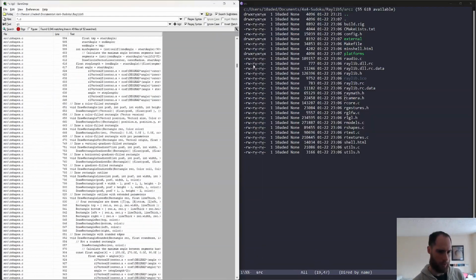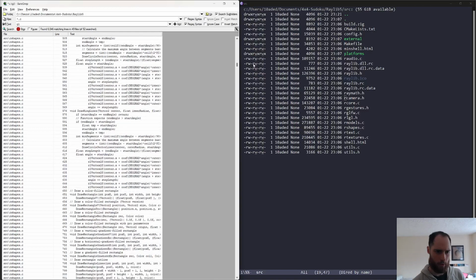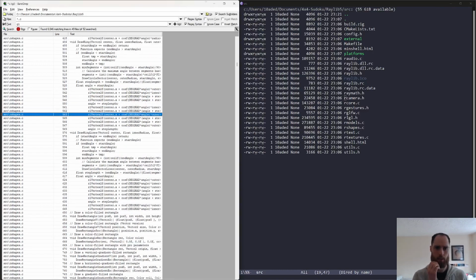where's some of the rendering stuff? Oh yeah, rlVertex2f. Yeah, that looks like Raylib. Yeah, Raylib stuff to me. So,